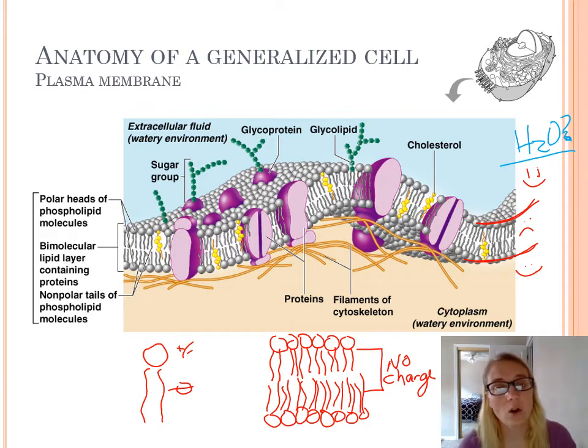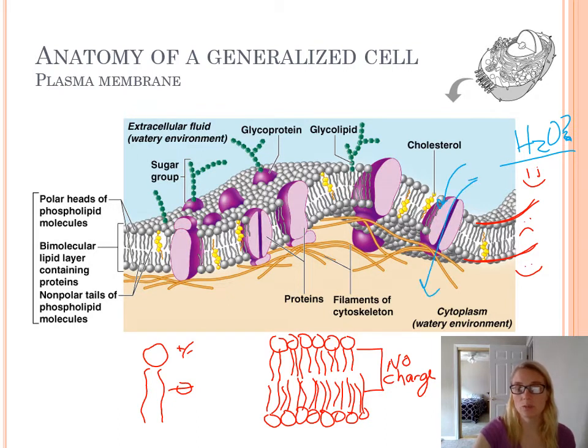Embedded also in this lipid bilayer, these big purple blobs are called proteins. They could be structural proteins like anchors holding the cytoskeleton together. They could be a channel that could allow things to move into and out of the cell. So the plasma membrane is kind of like this fluidy lipid bilayer that can allow things to move in and out of it,